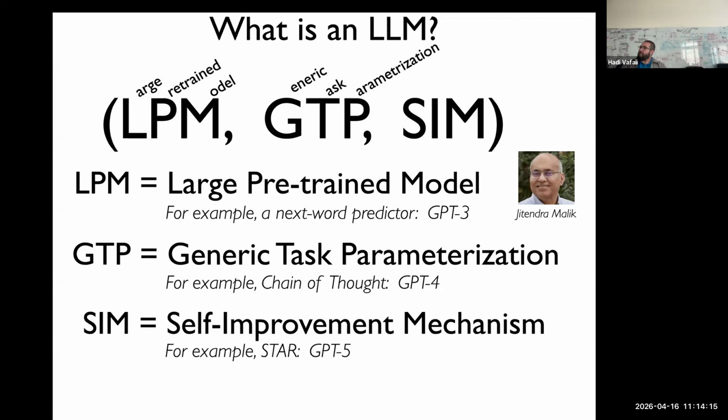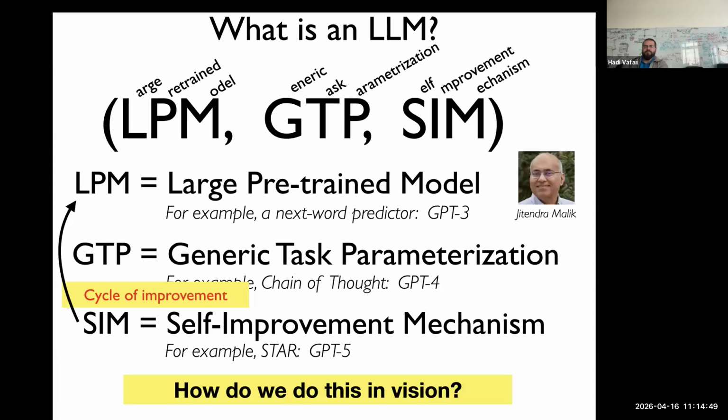But this bends the curve a lot. If you wanted to just do GPT-3 and get the power of current models, you would need bazillions of orders of magnitude more data than we have. But there were insights about how to do inference chains or inference structures and then use them to build self-improvement through verifiers and the like. That self-improvement cycle actually is an insight, and that insight bent the data efficiency curve by many orders of magnitude, while still not being enough. But anyway, the point is that this is almost completely difficult to do in vision.